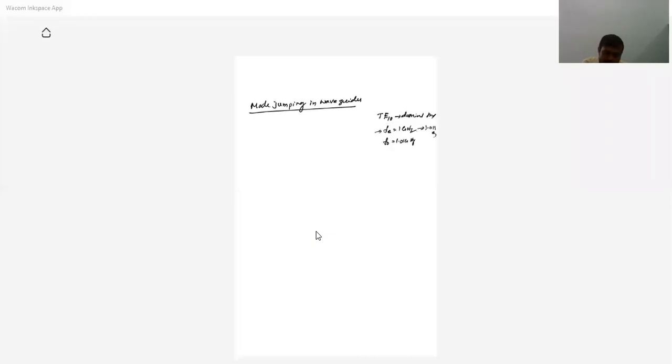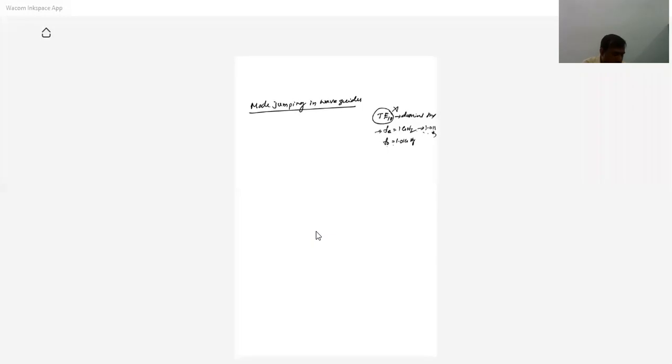That means here f0 is less than the cutoff, so the signal is not allowed, because the operating frequency is less than the cutoff frequency. The cutoff frequency varied because of the structure, maybe an improper structure of the waveguide. Not allowed means this TE10 mode is not existing. Then you go for the higher mode in the rectangular waveguide. That is the possibility in mode jumping.